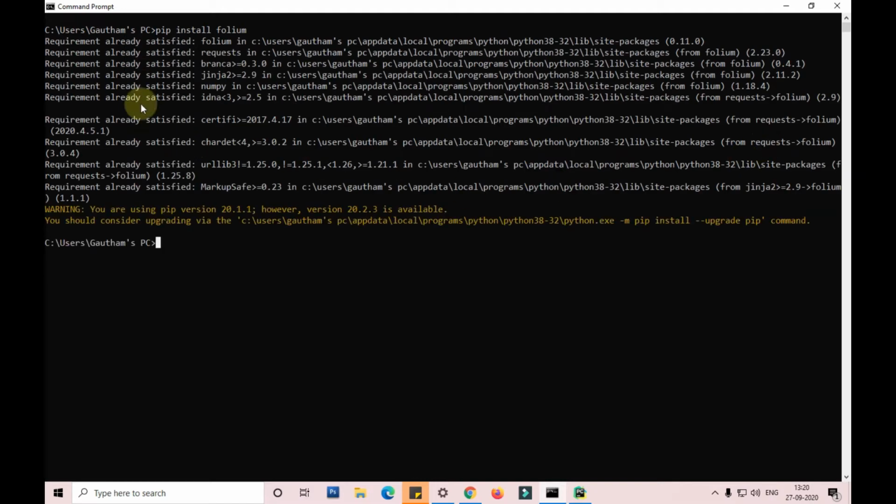So today we'll be seeing how to print a particular area's map in just 3 lines of code. For that we need the package called Folium. So I'll install it with pip install folium. Since that is already available on my PC, it is showing that requirement already satisfied. Okay guys, now let me show you what Folium actually is.